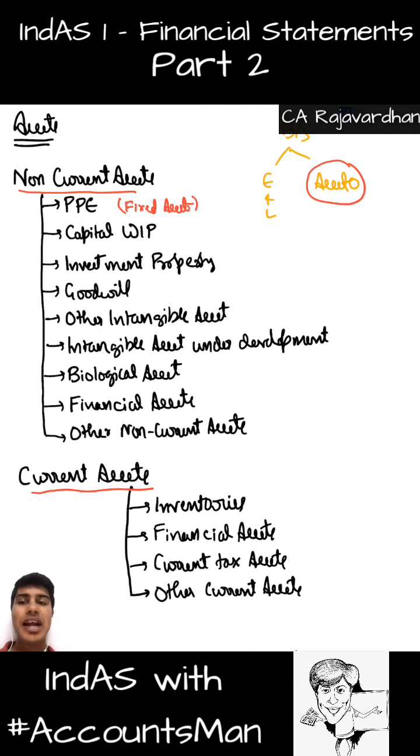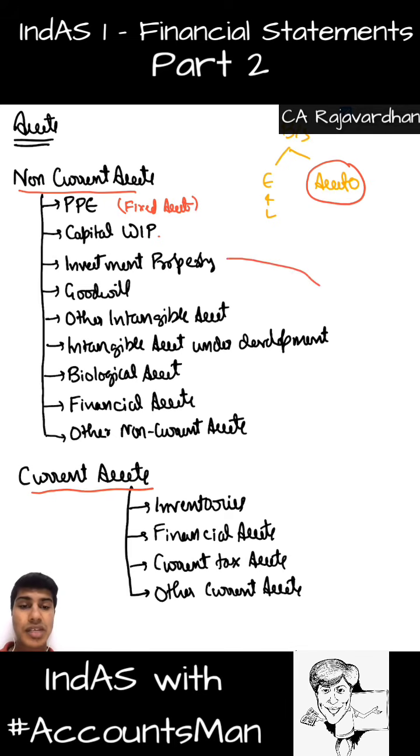So PPE, and if there is any other asset which is still in construction, not yet complete, it will become capital work in progress, and certain things will be written as investment property. What is investment property? We'll discuss it later when we start discussing Ind AS 41. Then goodwill is to be written as a separate line item with regard to intangible assets. Other intangible assets, intangible assets other than goodwill, like know-how, patent, trademark, copyright, license, will be written here. Then we need to write intangible assets which are under construction.